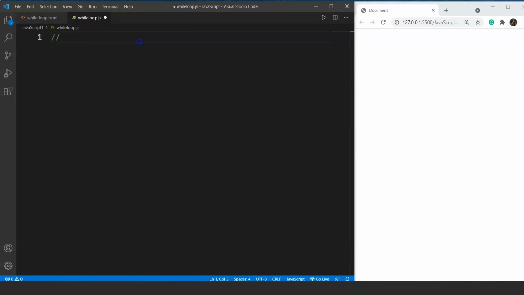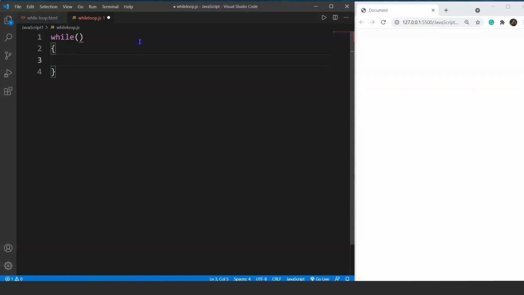So the syntax for the while loop is relatively easy to use. The code goes like, we start with the while keyword, then opening and closing round brackets, and finally the body of while loop in curly braces. If you guys remember from the previous video wherein we used the for loop, we had 3 different parts, right?